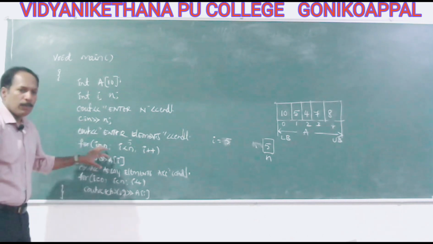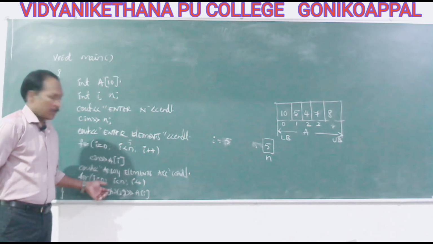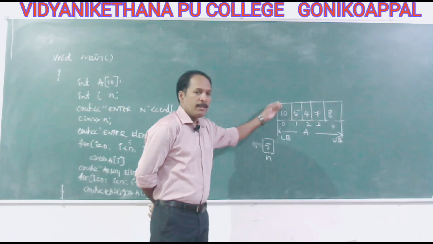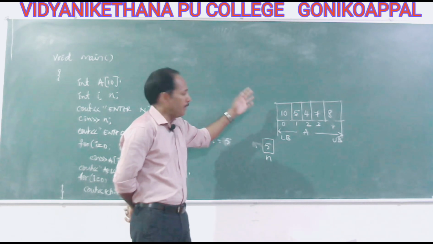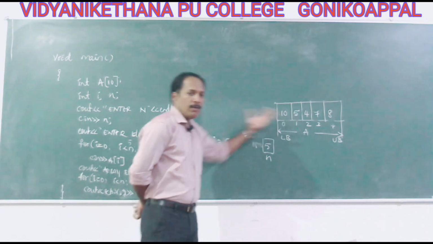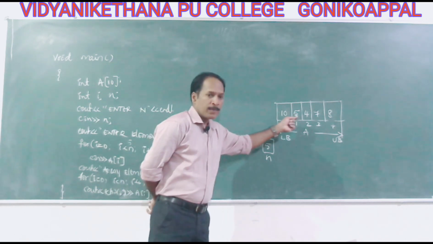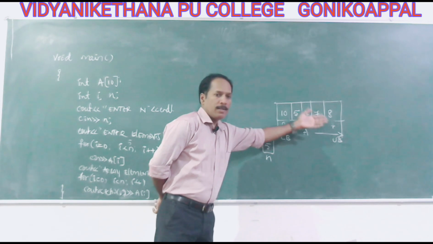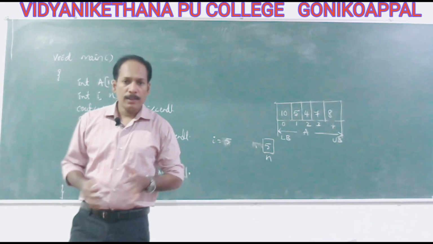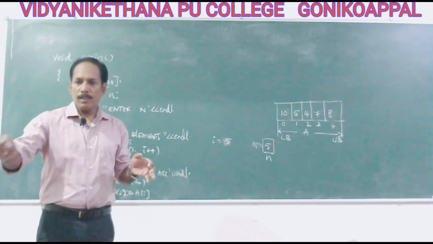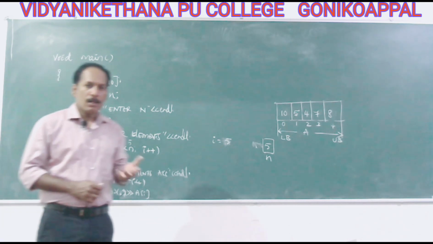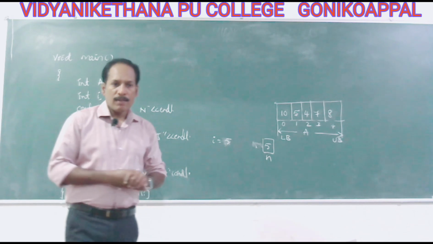So I have given 2 examples. This output operation is also the same. Now we look at this 0 and display. So a of 0, we have a 10, the 10 is cout, it is displayed on the screen. Then i plus plus, i becomes 1, 1 is less than 5, repeat. So a of 1 is 5, 5 is displayed on the screen. So visiting each element, in this case I am accessing those elements and displaying them on the screen. So this is an example of traversing. Creating an array also visits each memory location, and displaying an array is also an example. This is how we perform the operation of traversing.